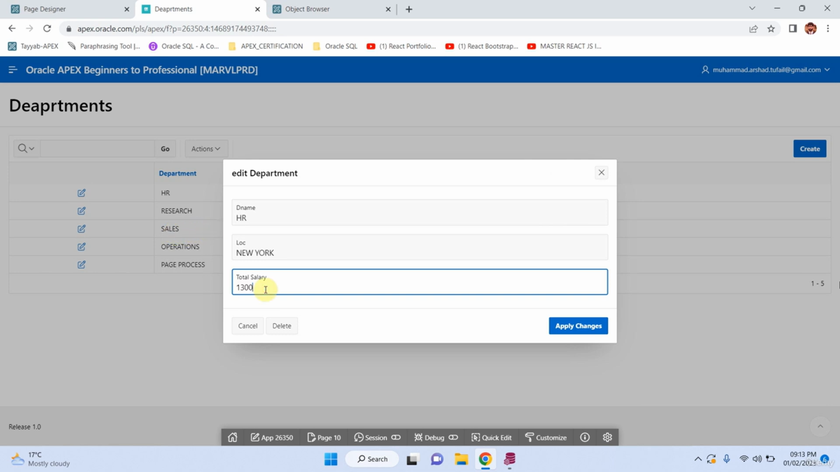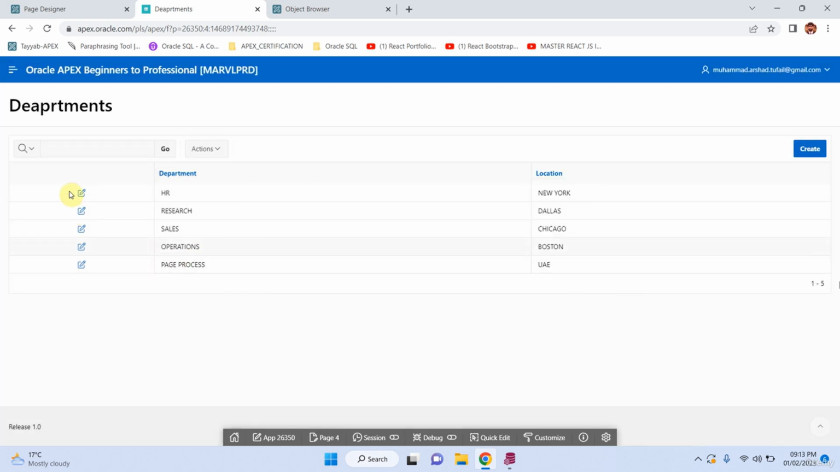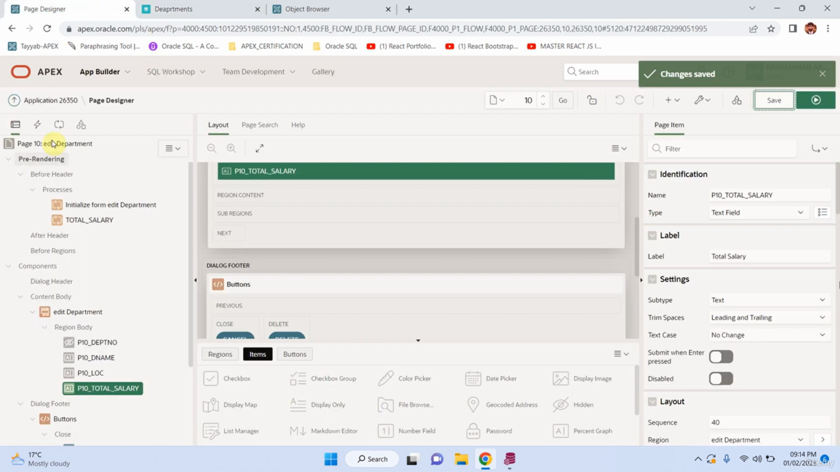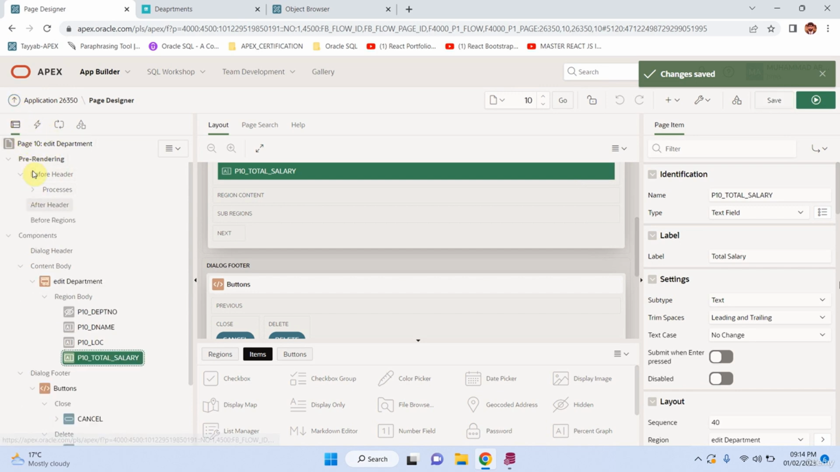So their salary sum is 13. For example, I select the operations. So its salary is this. So what basically this process is doing, when your page is rendering, it is calculating the sum of the employee salary. So all the processes which you write here under the rendering tab, all these processes are called